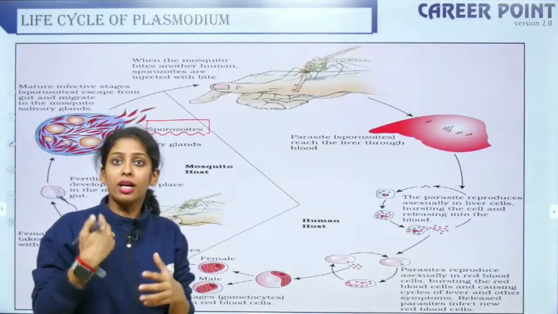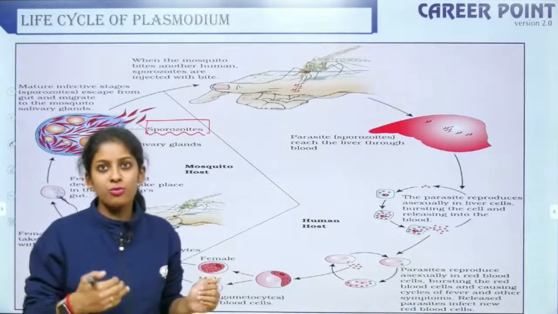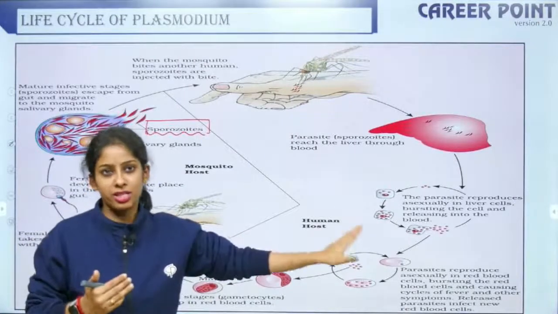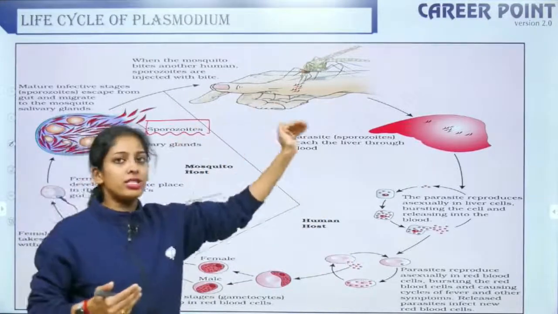So initially the Plasmodium is inside the mosquito, and it reaches the sporozoite stage inside the mosquito. And when this mosquito takes a blood meal of a human, this sporozoite enters the human's blood. It has entered a new place. So from school you go to college, right? So something similar to that. So it enters the human blood.